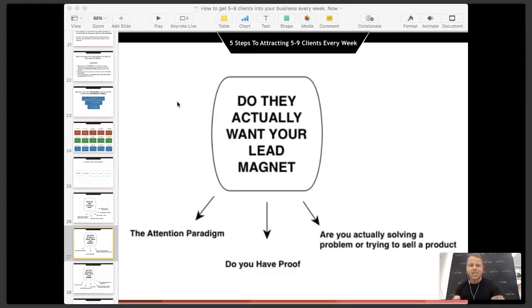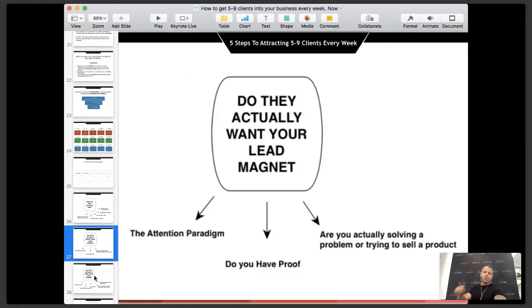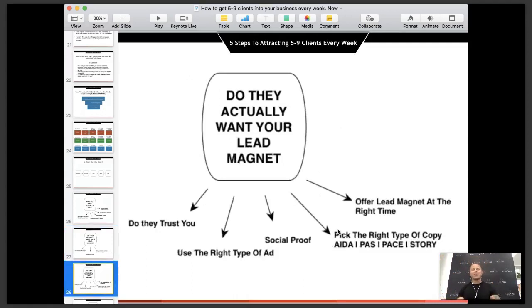Crucial reframe you must have in your mind when you go into your marketing. So we must be solving problems, and your marketing must be doing that for you. That's what your lead magnet must be doing. So today, the problem I'm helping you solve is lead generation. Then they must actually want your lead magnet. So you must be choosing one: do they trust you? Do you match what's happening? Do you actually match the marketplace? Do you have social proof?